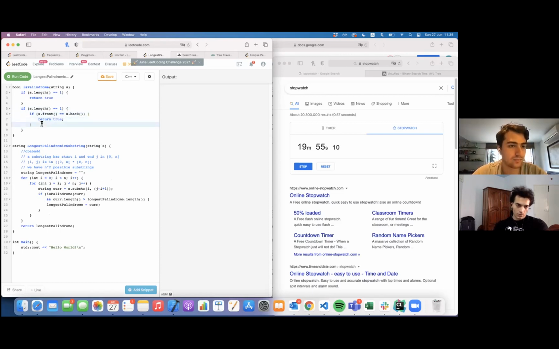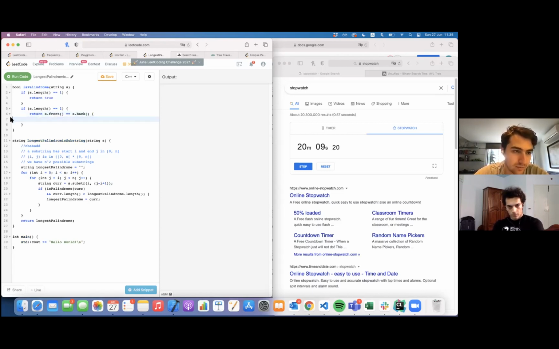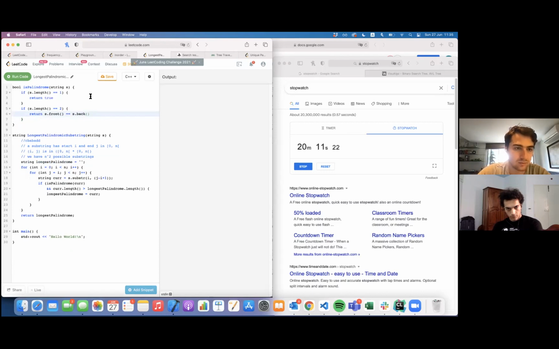Or you can do this. Return. Yeah, you're right. S dot front equal to S dot back. Okay, nice. So now